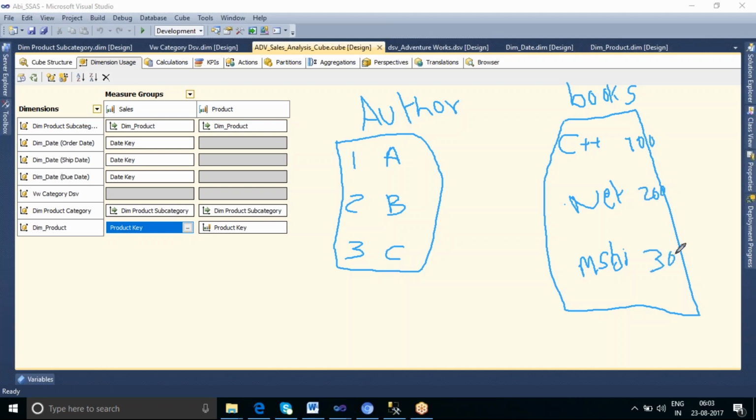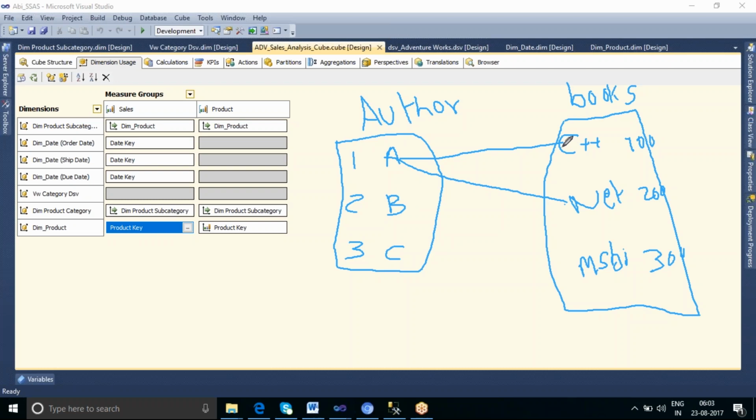Now you can see that an author can write multiple books. Let us say author A is an author for C++ and .NET. Similarly, a book can be written by multiple authors.